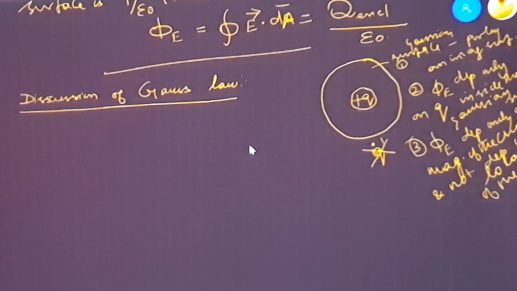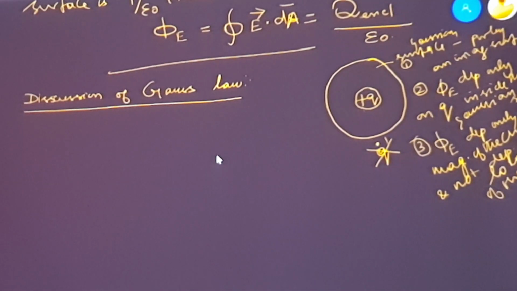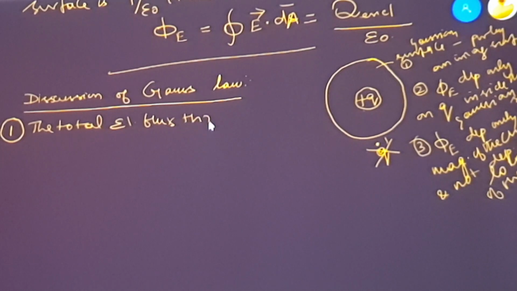Now let us see what are the important discussions given in your book point wise. So let us consider point number 1. What is this point number 1? In order to explain the total electrical flux through the closed surface, they are stating the same thing that I have told here. Point number 1 is the total electrical flux through the closed surface,